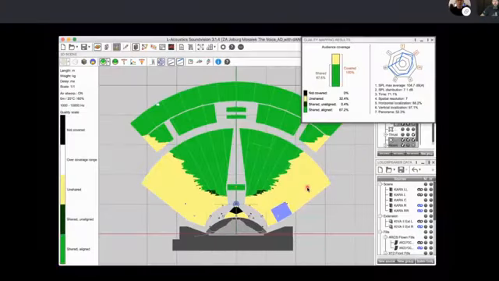So if I quickly switch on my laser pointer. Yeah, so just explain what yellow is and what green is, because you focused a lot on the green being the good zone, and someone could read it wrong. Okay, so on these mapping results, on the right-hand side, it means every single seat in the room is going to get coverage.